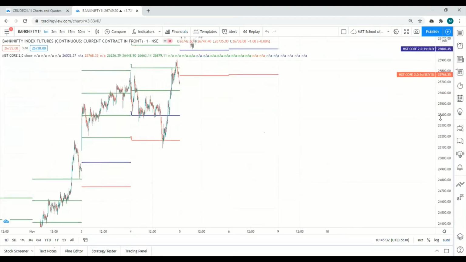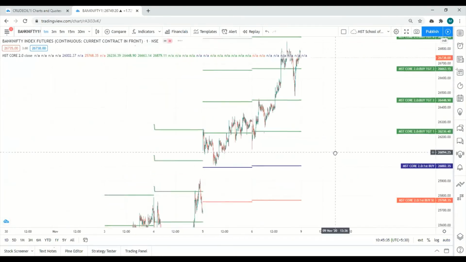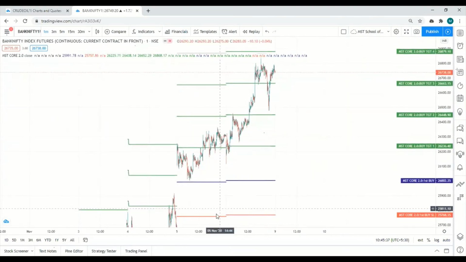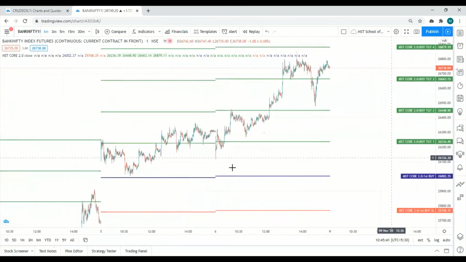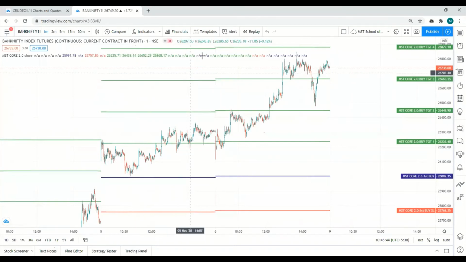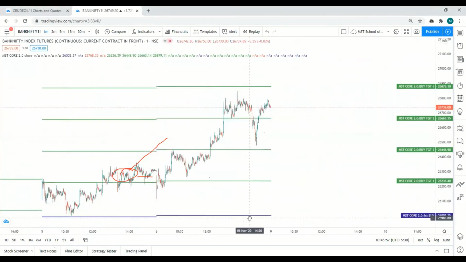What happened the previous day? The market is in full buy trend. Exactly our buy activated at this place. First target done. Second target didn't reach, and it didn't come to our cost to cost also. Then on the second day, that is yesterday, buy not activated. So we have to set sell.